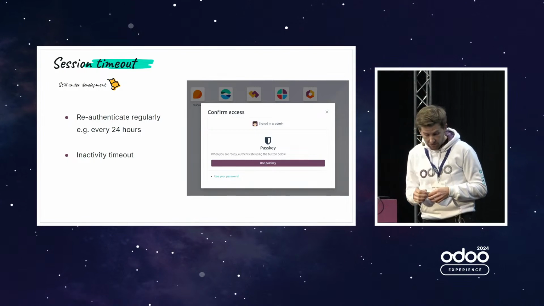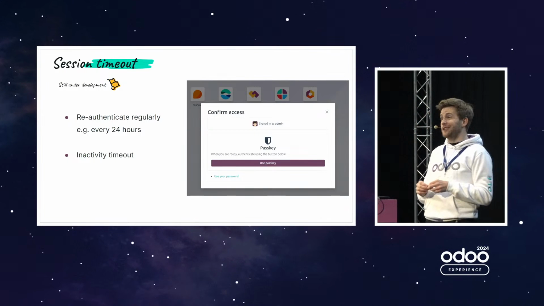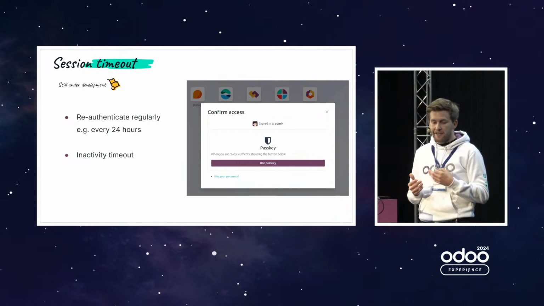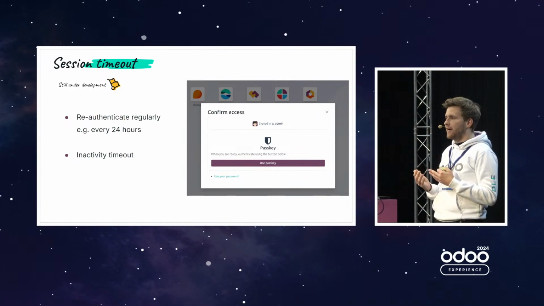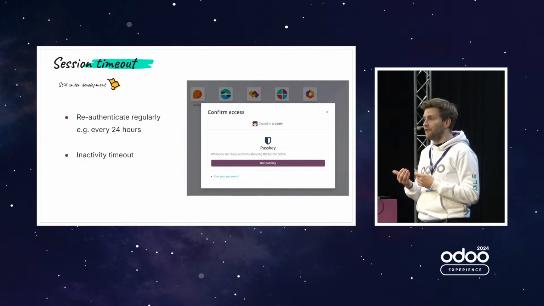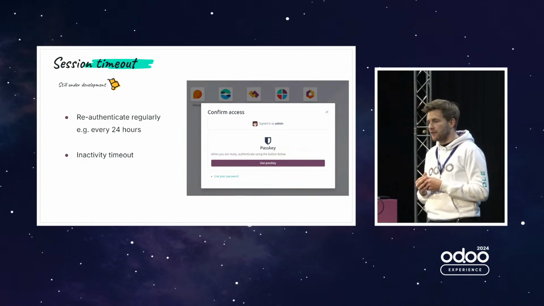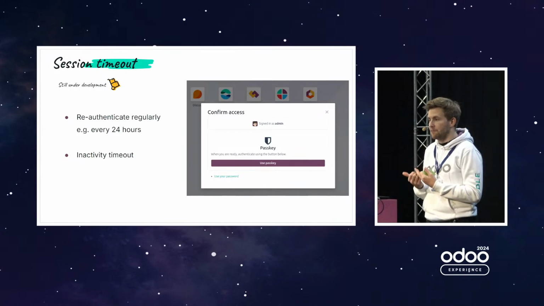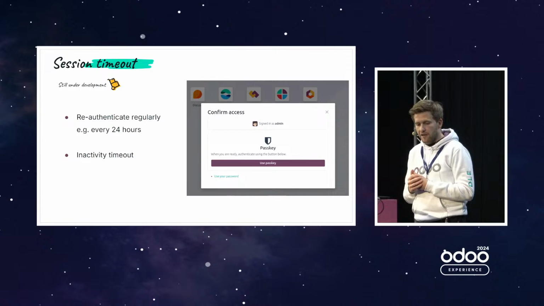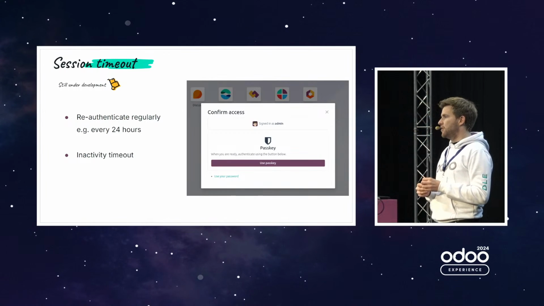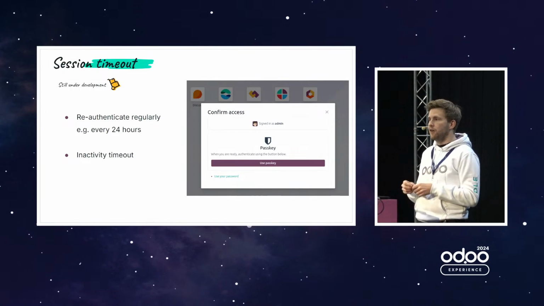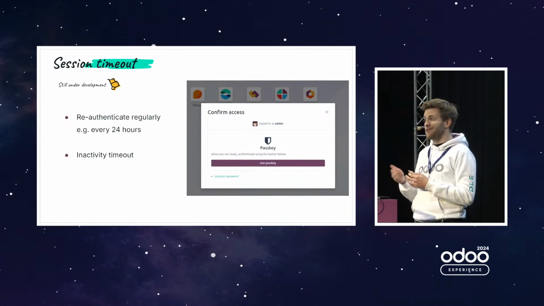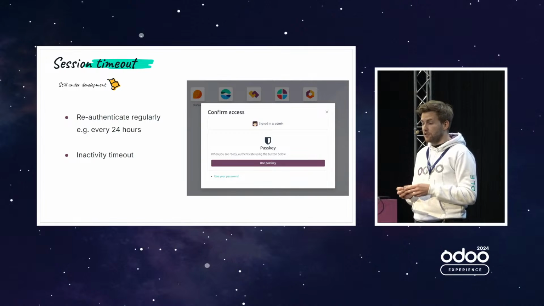Session timer, this one is not yet done, but we are pretty sure that we will have no choice than to release it as quickly as possible. Basically, it's the possibility to ask the employee to sign in again if he was inactive for 15 minutes. We won't put this on by default, it's opt-in, for people that want it, but it's becoming a requirement more and more, especially in banks and for people using third-party online synchronization with banks. So we will have no choice but to introduce it.